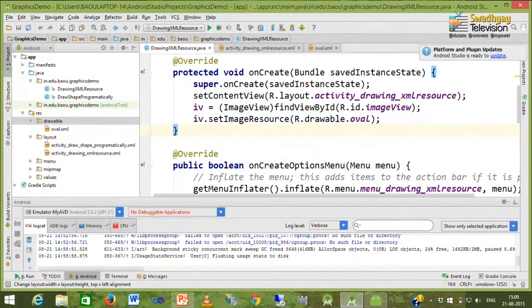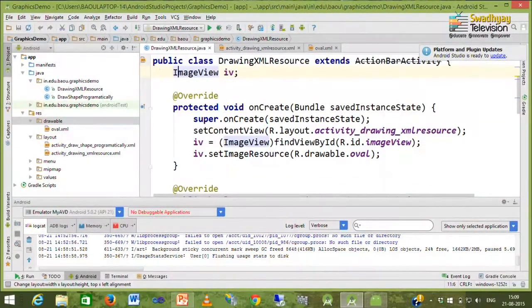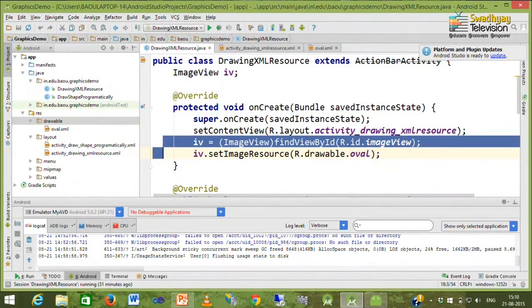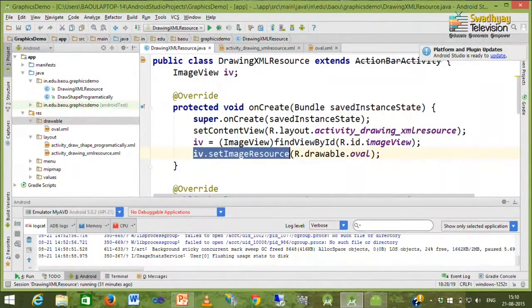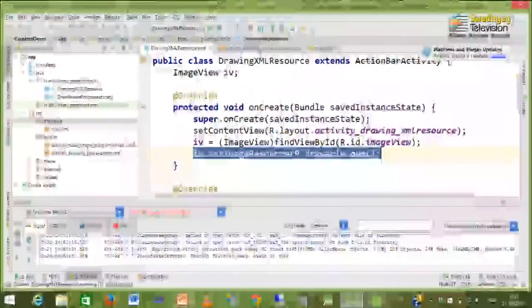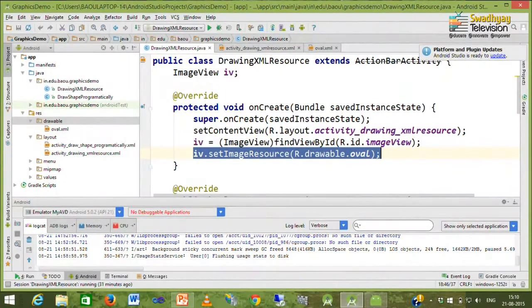On top we define one object of type ImageView, and here we get the reference of the image view, and we can set this XML resource inside the image view by calling the method setImageResource. I specify this file oval.xml.